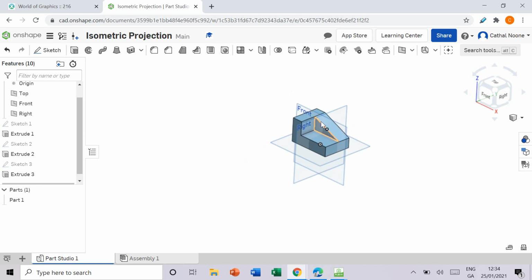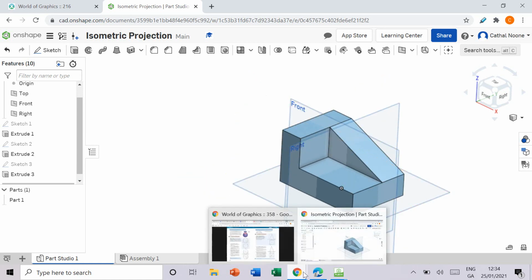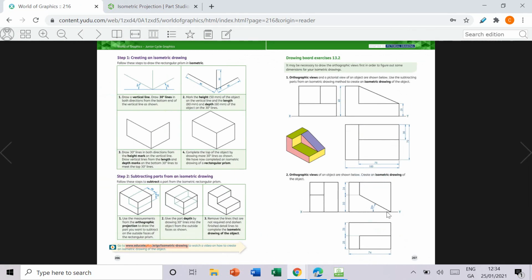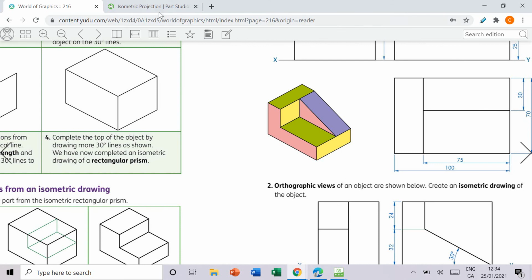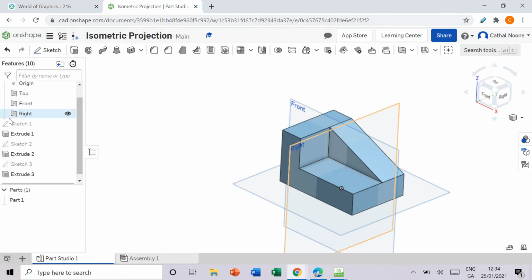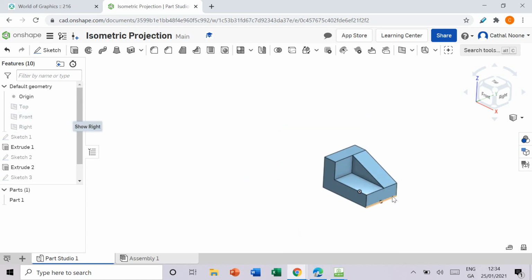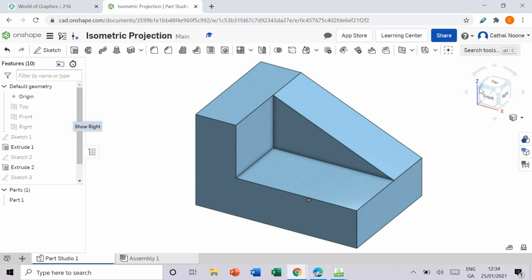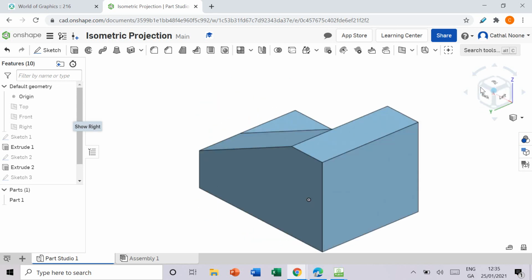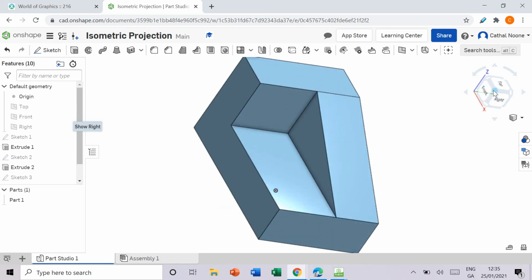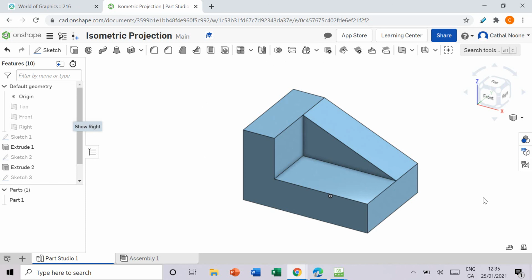Okay, so we've actually just 3D modeled that shape that we have sketched here over on page 207 of our books. See it there? Okay, what we can do now is hide our planes. So I just want to hide them, so I'm just left with my shape, and you can now look at that in isometric, which will be pressing this button here. I could look at it from this side, or this side, or this side, pan around and look at it whatever way I want,